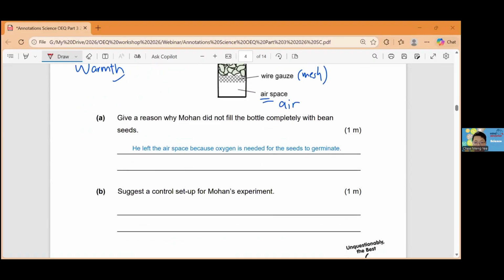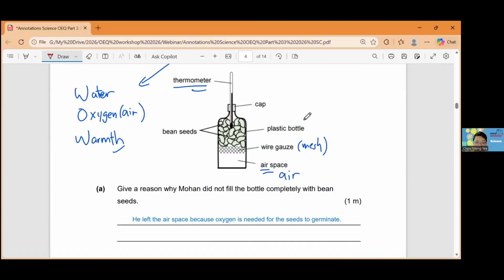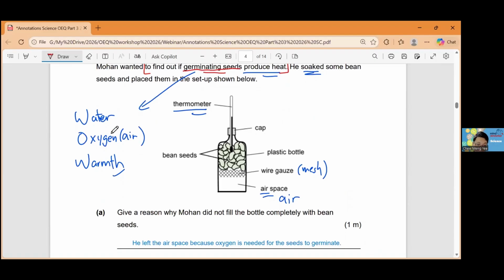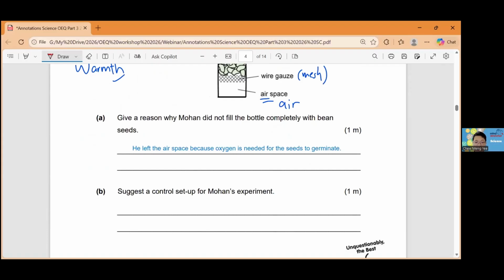That is one possible answer. Okay, one of you mentioned, don't soak the seeds. Basically, you remove the condition for germination. We need water, right? So if you don't soak the seeds, then the seeds cannot germinate. So there is no germinating seeds, but there are seeds. That's fine. The seeds will not germinate. Removing the air is not likely possible unless you create a vacuum. Or you could consider putting in the fridge. But what is easiest is don't put any seeds. That will be the easiest. Don't put any seeds. So this is what you can put as your answer.